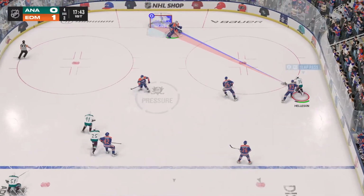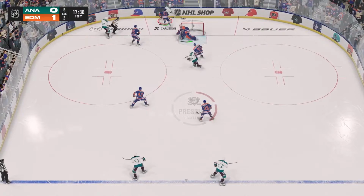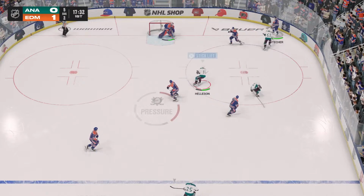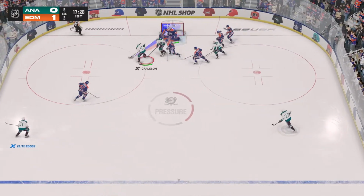Cheering for you, especially when you're playing well. No better way than getting on the board first. With the stop. Scrum along the boards. And that's kicked out from the scrum. Taken along the wall by Stetcher. Quick feed to Mangiapane. Oh, great